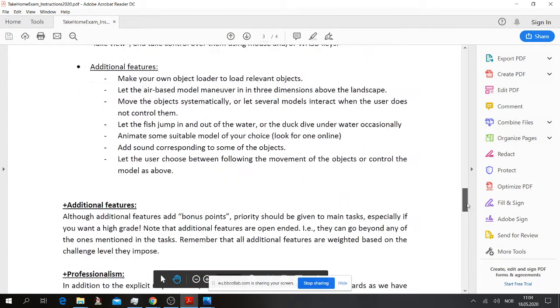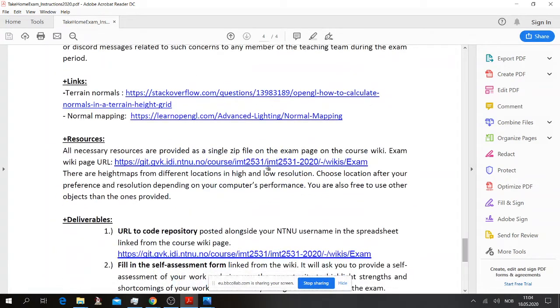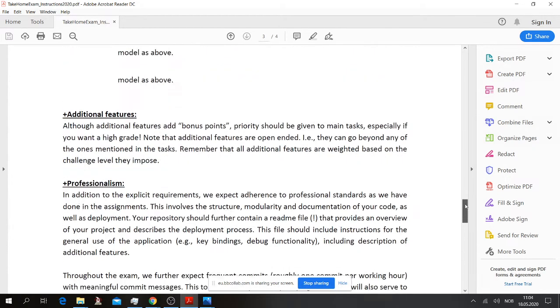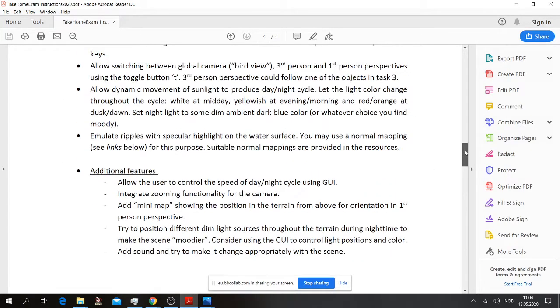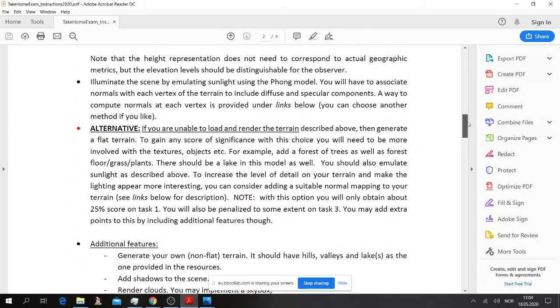All this is explained under this link here, if you would like to use normal mapping for this purpose. It looks quite advanced here because they look at it for general curved surfaces. In your case, it's quite simple because it's only on a flat plane, the lake. So the computation becomes somewhat simpler.